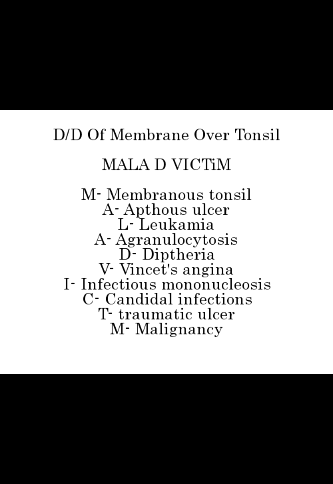Then you have agranulocytosis, a condition in which we wonder whether the involvement is unilateral or bilateral. I think it is bilateral, but okay. It presents with ulcerative necrotizing lesions, and the cell count is decreased to less than 2000. Only thing we know about the lesion is it's ulcerative necrotic. Along with that, we need to understand that